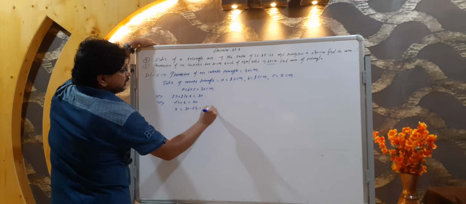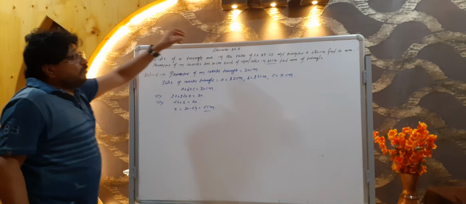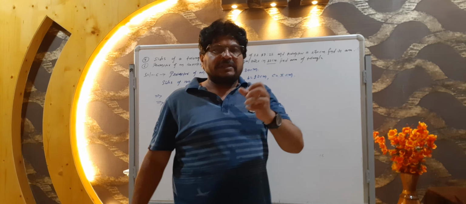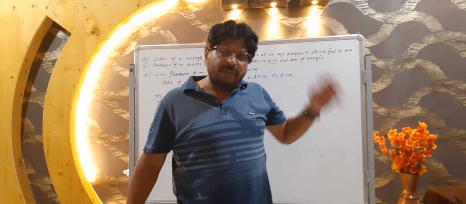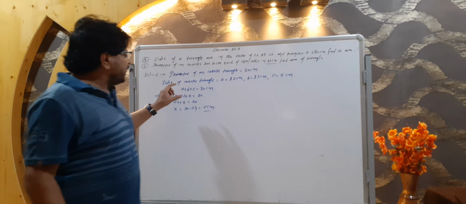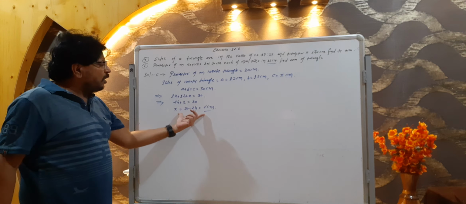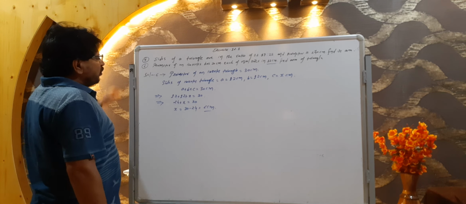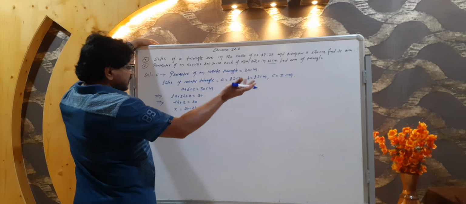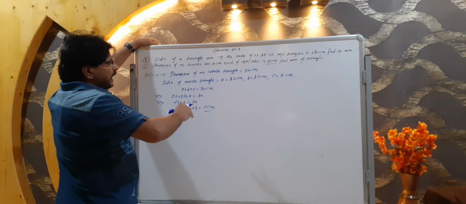which is equal to 6 centimeter. देखिए, if you want to find out its area, then what is required? The third side is required. Suppose the third side is x. Now we want the value of x. Just as per what is given, by that particular concept, we got the value of x. What is the value of x? x is equal to 6 centimeter. Now we got the value of x. Okay, A, B, C we have, and x means C, right?